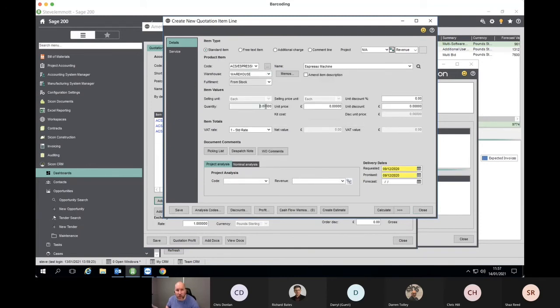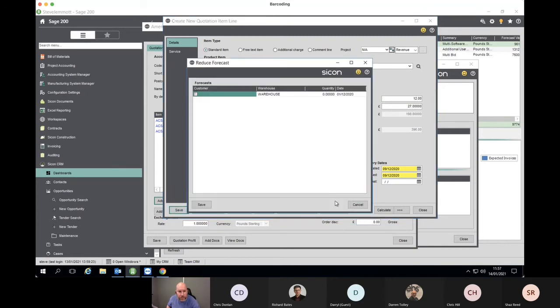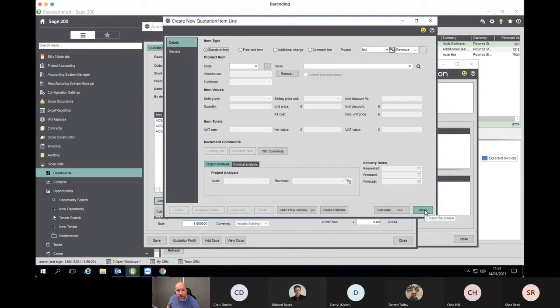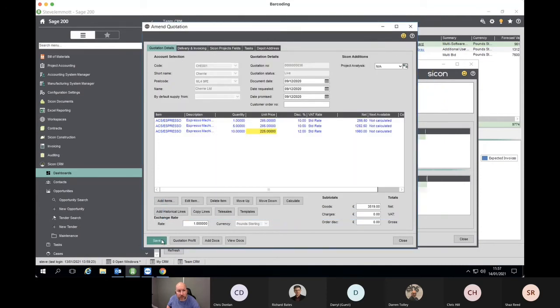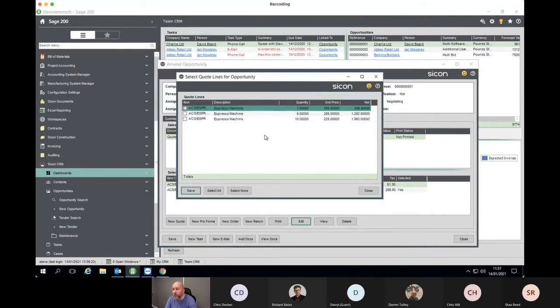Now, if you had your quantity breaks, I haven't got that set up, but I'm going to say to them, it'll be £225 each if they buy 10 of those. So I'm just going to add that line to my quotation. Let's just close that. So if I save this, it then pops up and says, well, okay, in terms of your opportunity value,